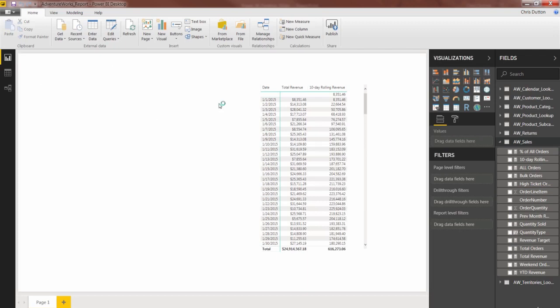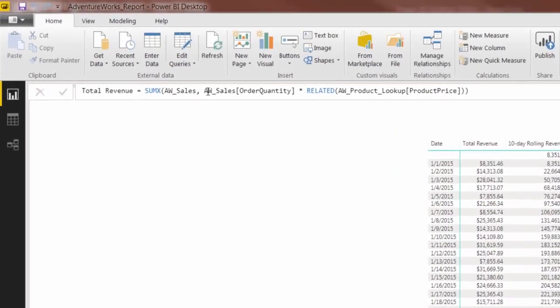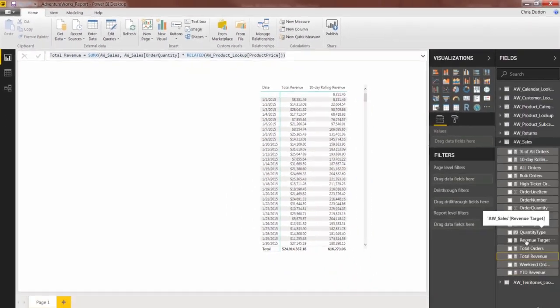Total cost is going to be an iterator calculation that multiplies order quantities by product cost. And it's going to work exactly how we created the revenue measure by multiplying order quantities by product prices. So rather than reinvent the wheel, let's look at our total revenue measure, which is a SUMX. I used that RELATED function. I'm going to literally grab that whole thing, copy it, and now add a new measure